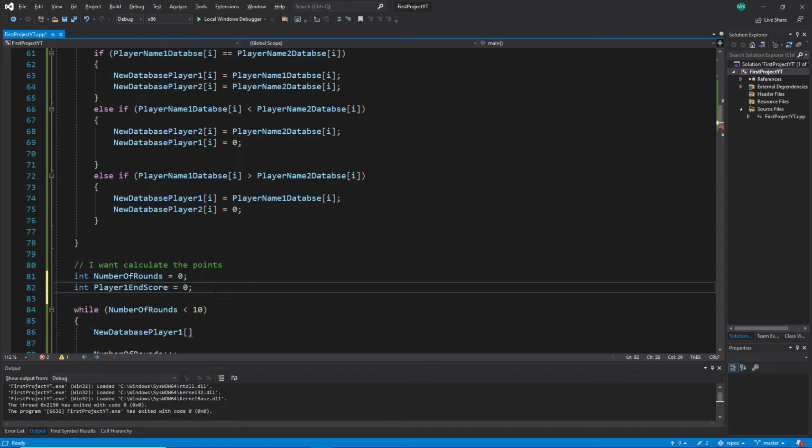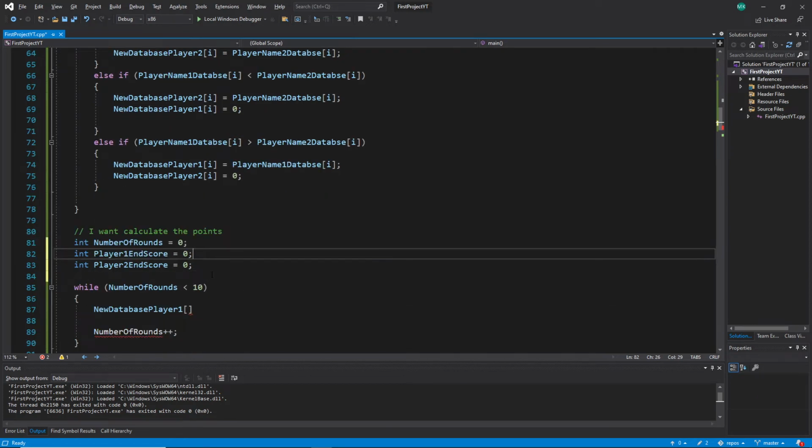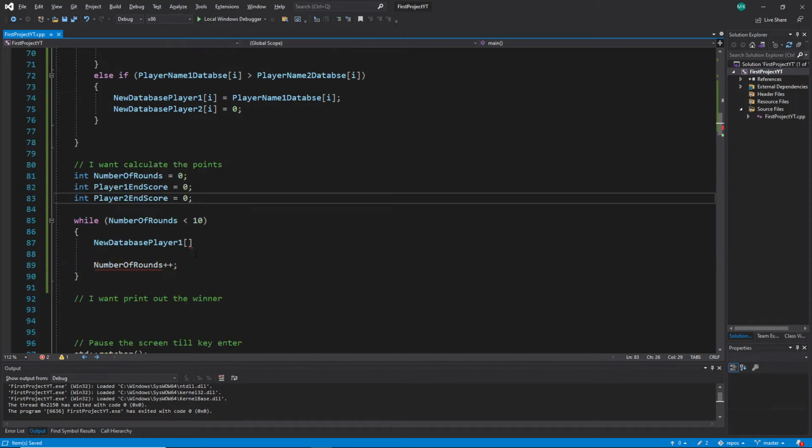Control-C this one and paste it. And here for player 2, this is the end score, and this end score will be calculated just together. Now the point is I have the end score. Now how do I calculate this in my loop? I get the new database player 1, so I'm working for player 1 now, and I say okay,